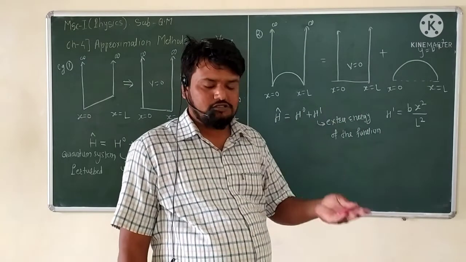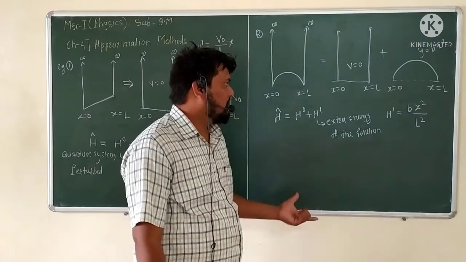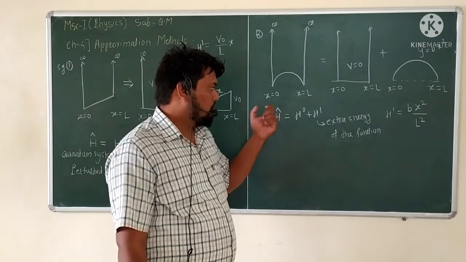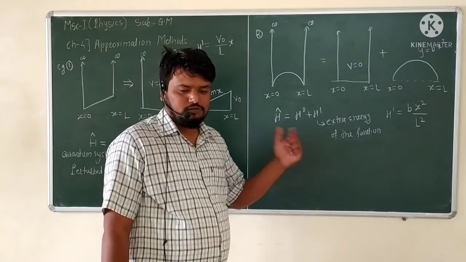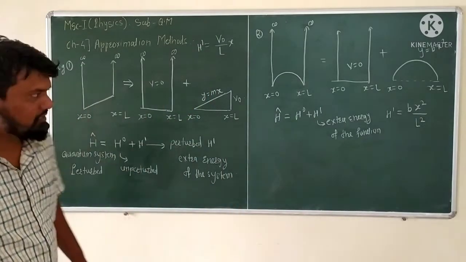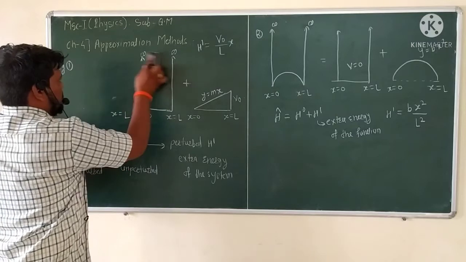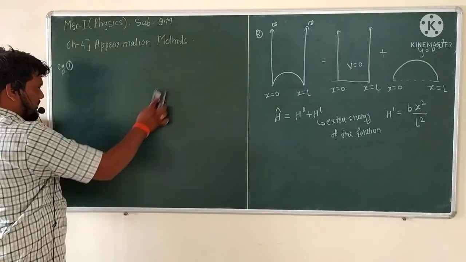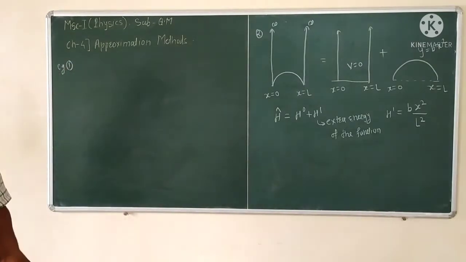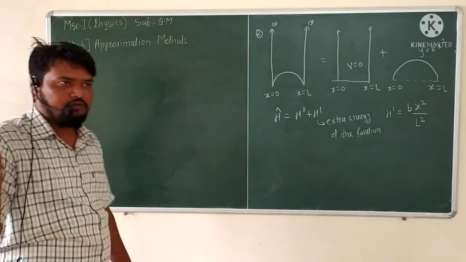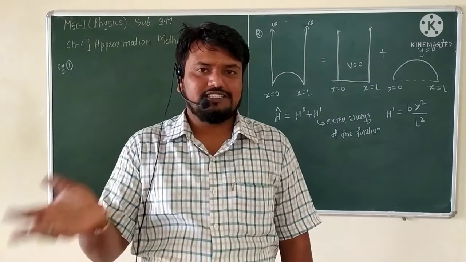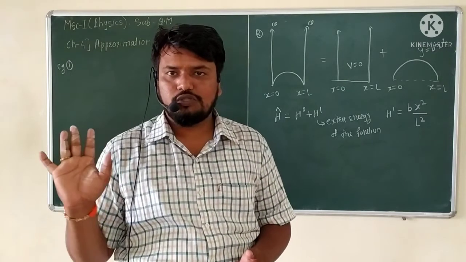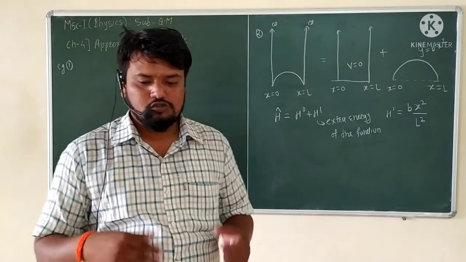In the next few main lectures, we want to see deeply how this potential value, sorry, extra energy value or perturbation energy value is solved. Now we move to our next example. For example, in electromagnetic theory there is a component considered as a charge, applying electric field A, and the charge is considered as q naught. What is the perturbation value or extra energy of this function? We want to see here.